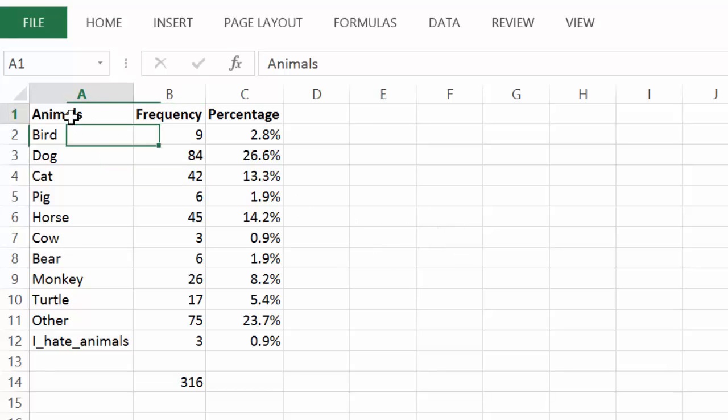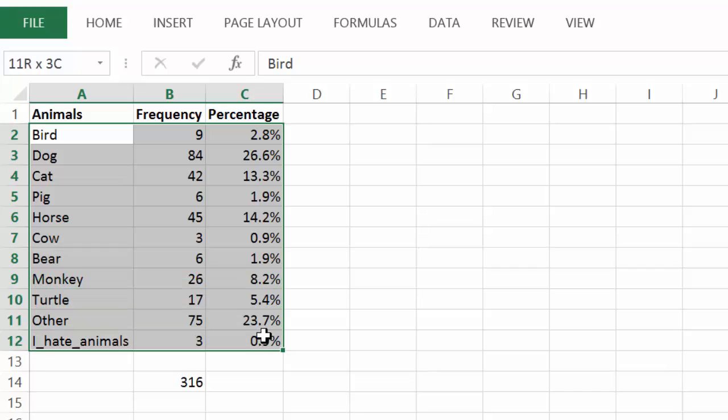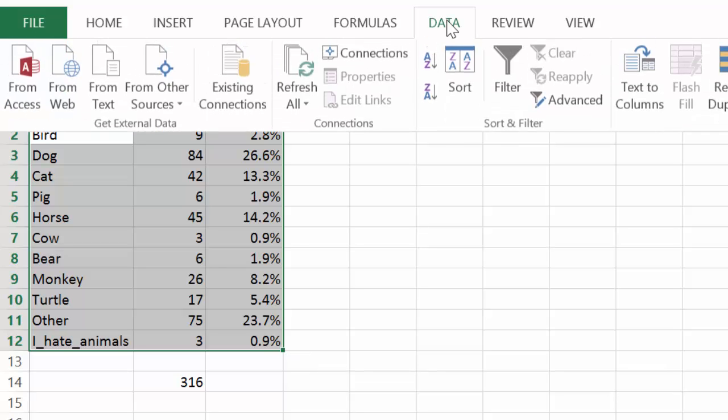Now, I don't want to sort this first row of headings, and I don't want to sort that. I only want things to move around in these cells. So I'm going to select all of those cells. I'm then going to go to the Data tab, hit the Sort button,